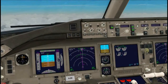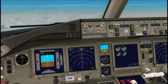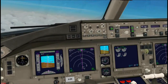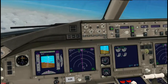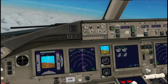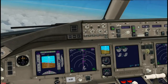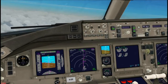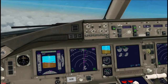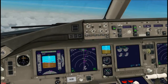That is still way ahead of the calculated top of climb, which is way out here somewhere, 140 nautical miles or so away. So there's still something wrong with top of climb calculation, and with the distance to top of climb it could